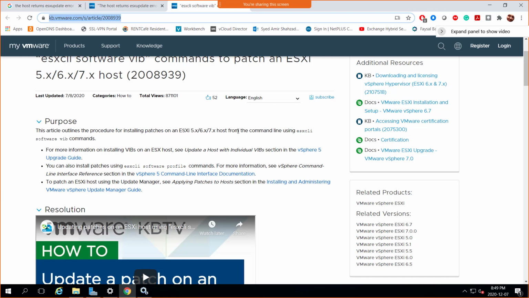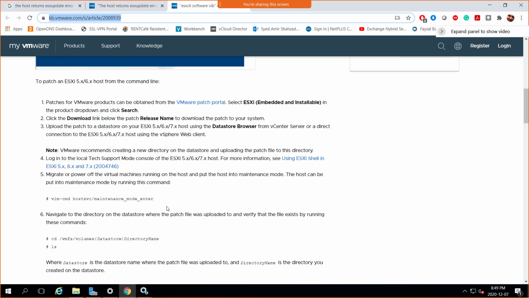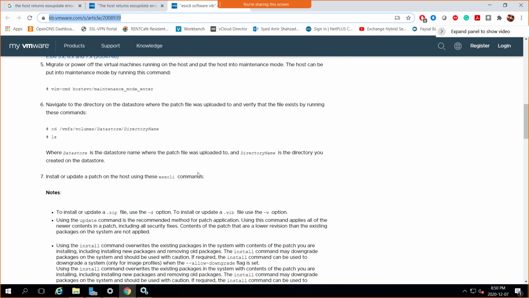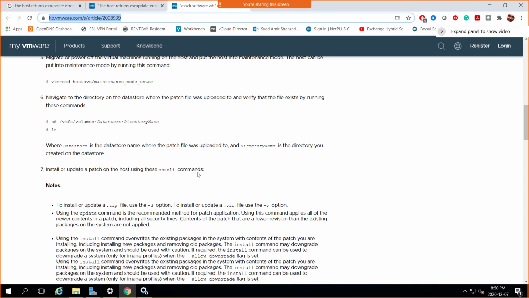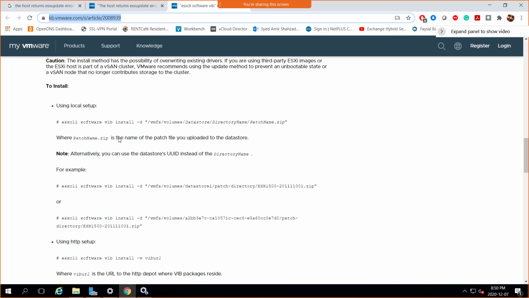Otherwise, getting a more updated version of ESXi and vCenter, but that requires a restart as well. So these are some of the patches that I would have tried in a production environment as well, and then check that. Sometimes it works, sometimes it doesn't work. Restart takes a lot of patience and retries. Okay, so these are some of the ways.